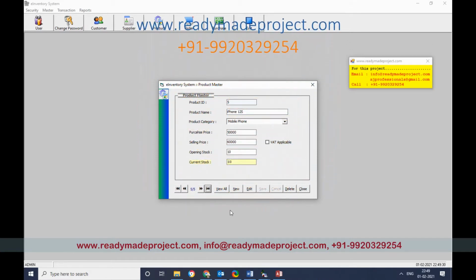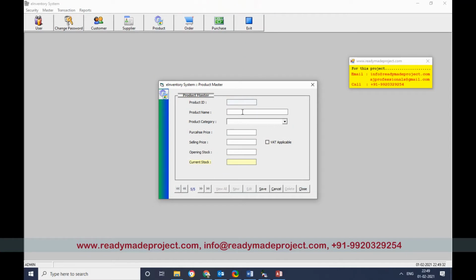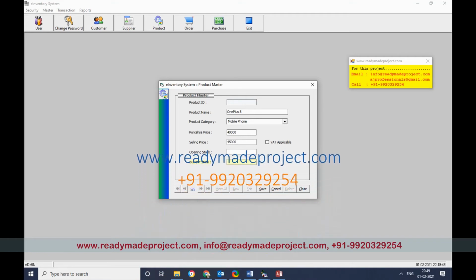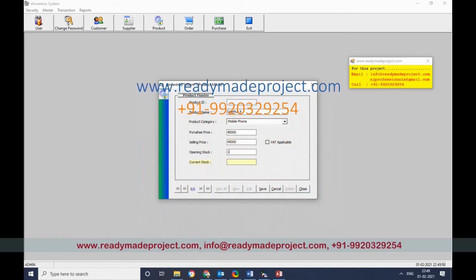I'll click on new, say OnePlus 8. Product category, I will give mobile phone. Purchase price 40,000. Selling price 45,000. Opening, say I have 15. Save.